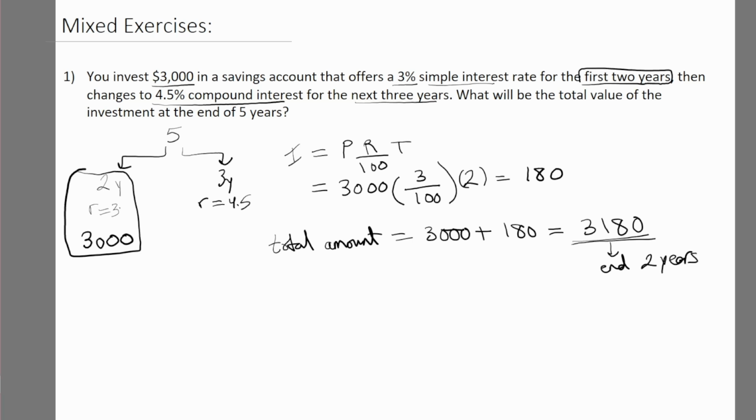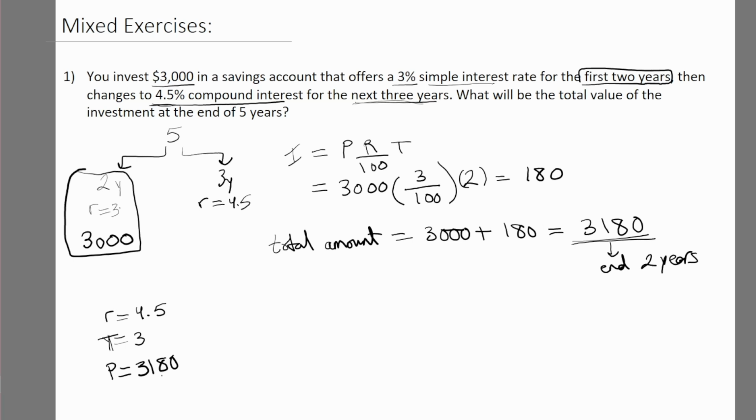Now, when we begin the third year, and then the fourth and the fifth, for the next 3 years, we will be dealing with compound interest. So we're dealing with compound interest now, where the rate will be 4.5, and the time is 3 years, and the principal amount will be